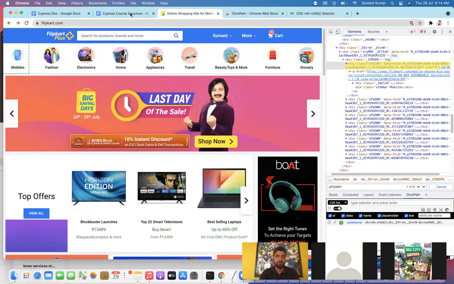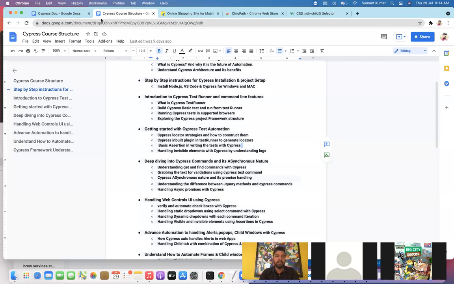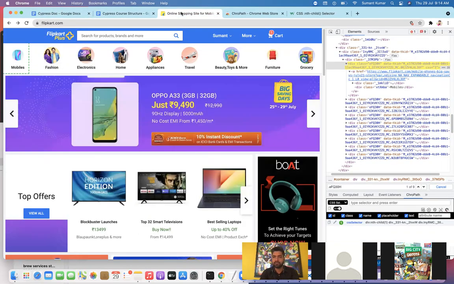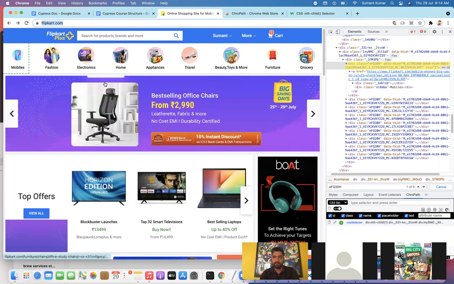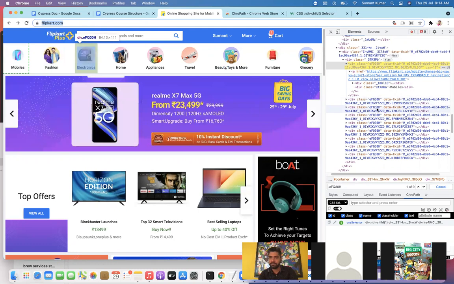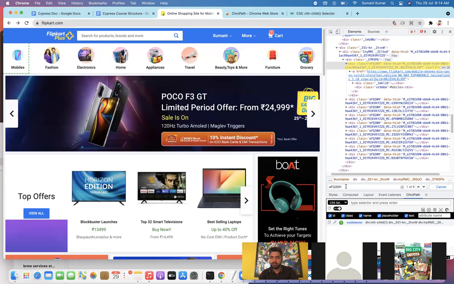Now this was done, and there is one more concept that I will show you once I write this test case. Let me try. I will launch this Flipkart first, and then I will use this class. Okay, so I will use the same class.